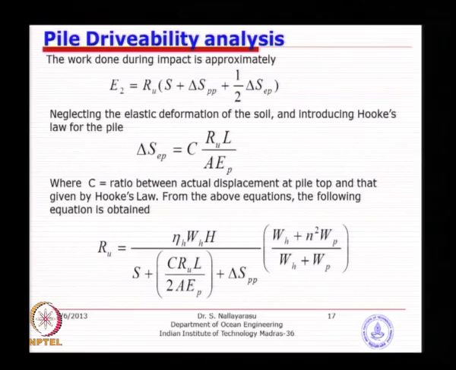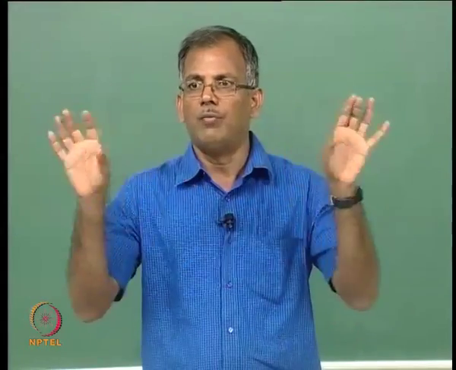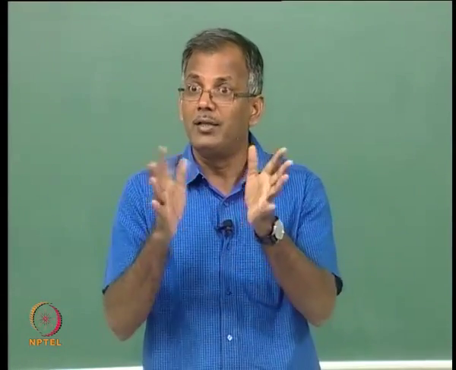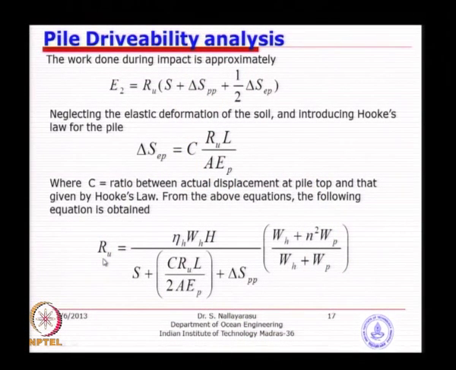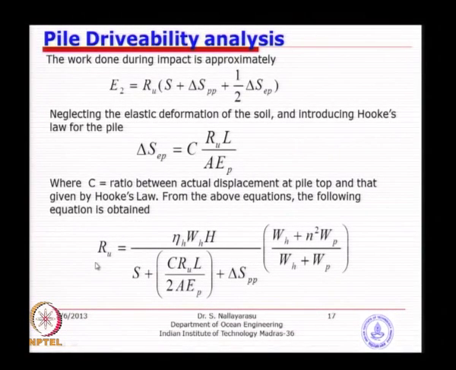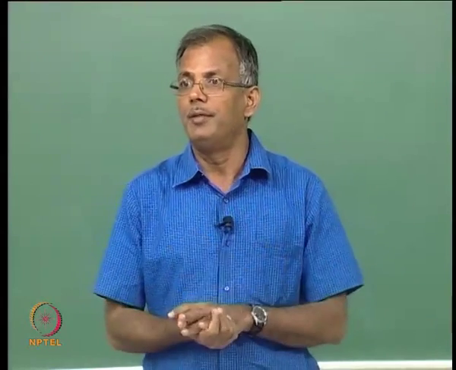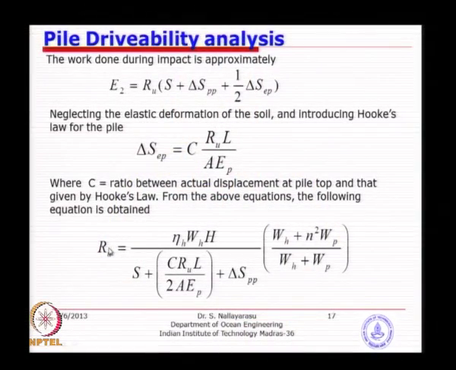In the last few classes we were doing the static pile capacity calculation based on the API code, alpha method, beta method, and so on. We have been doing that very well. That is not exactly this, because that will be a long term capacity. After driving the pile, several years later, the pile soil interface has set up some resistance and the capacity is so much, but this Ru is at the time of driving, how much resistance is offered by the soil against the driving. So, this will definitely be different, it could be lower, it could be higher. So, this needs to be established after understanding the long term static capacity.